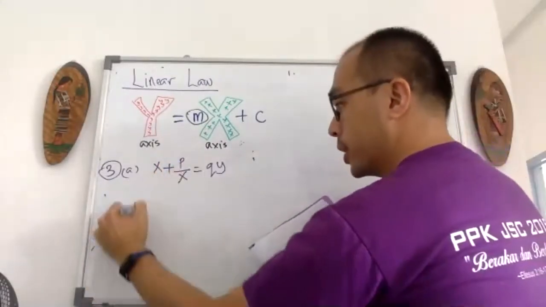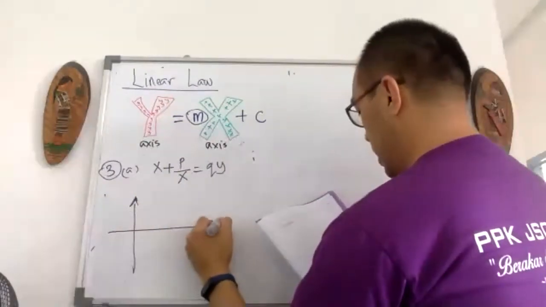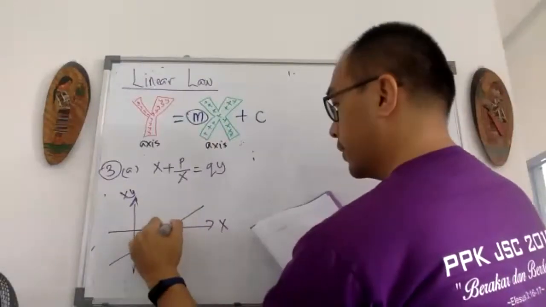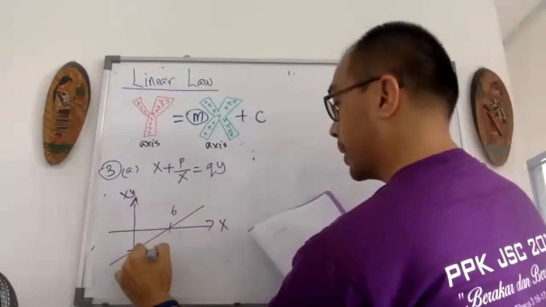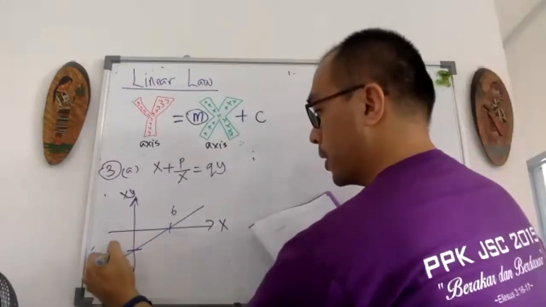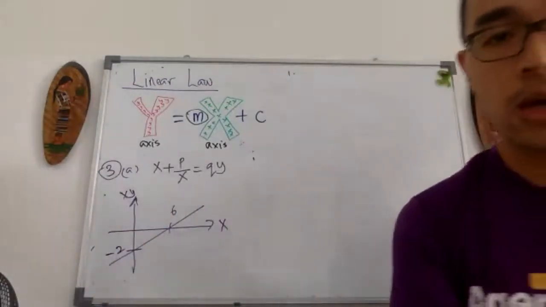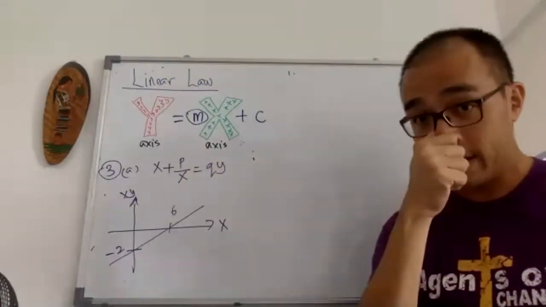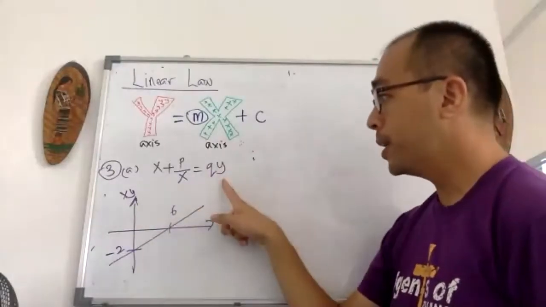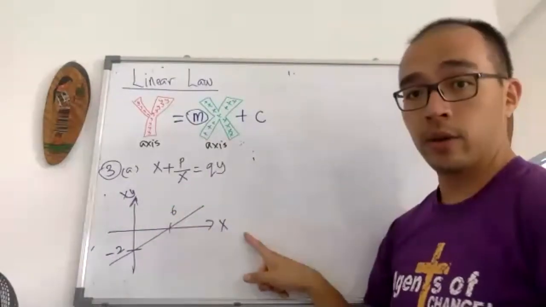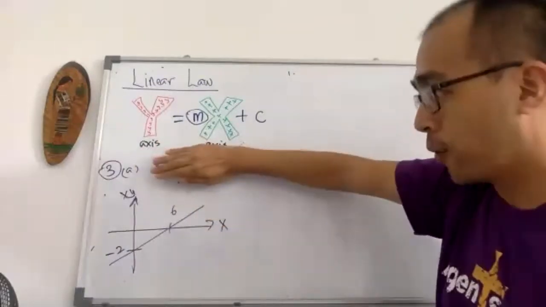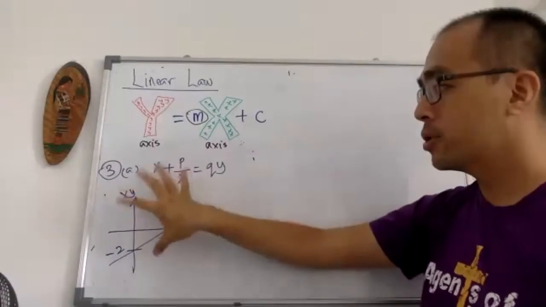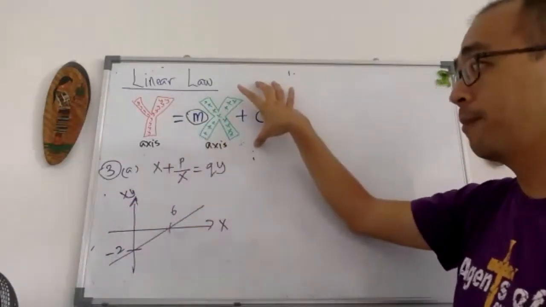And then the graph given has axes x and xy. We are given these pieces of information. Over here is 6, over here is -2. Oh, sorry. Over here is -2. So the question is, what is the value of p and what is the value of q? The first thing I want you to do is take a look at the equation and take a look at our axes. If we forget the equation for a while, we just take a look at our axes. If we put our axes in here, we can actually,